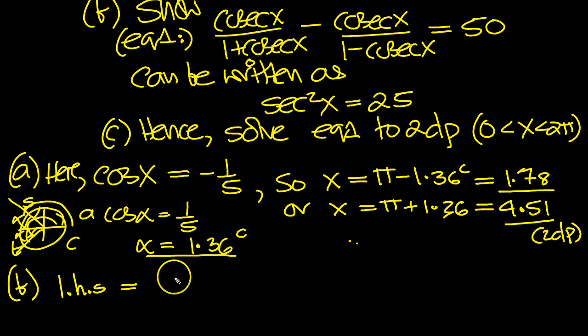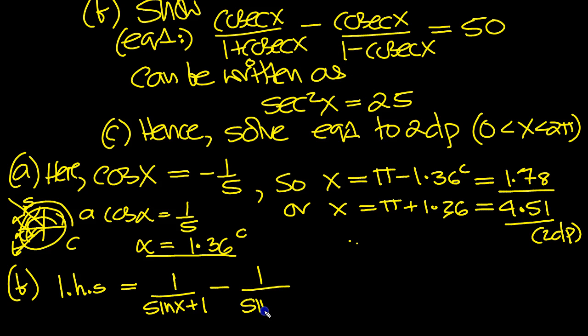So I'm going to times by sine top and bottom. So I get 1 over, and this will be sine x plus 1 when I times everything, sine on the top, and sine on the bottom is sine plus, and then that will be 1, minus, and then times this by sine top and bottom, 1 again, and this will be